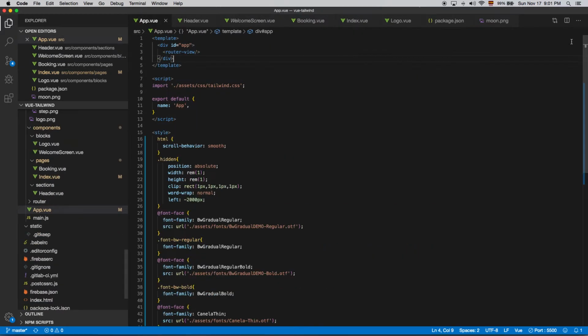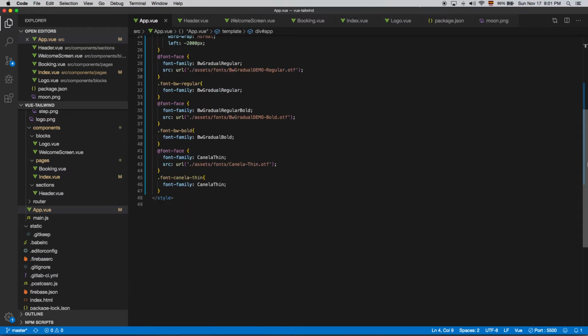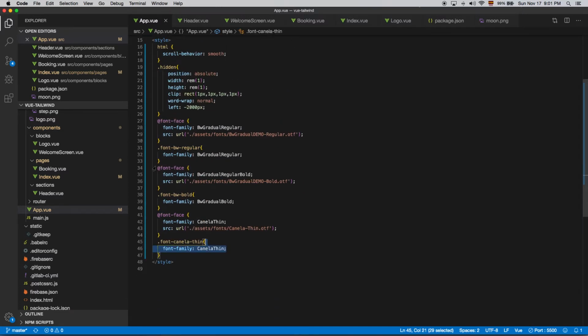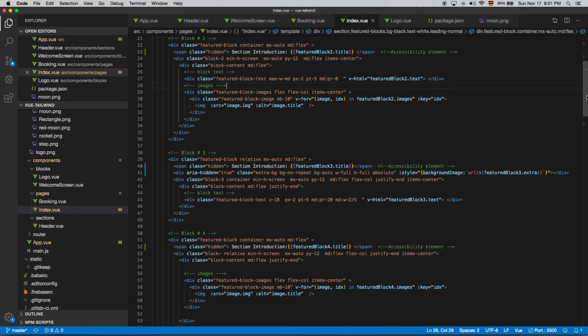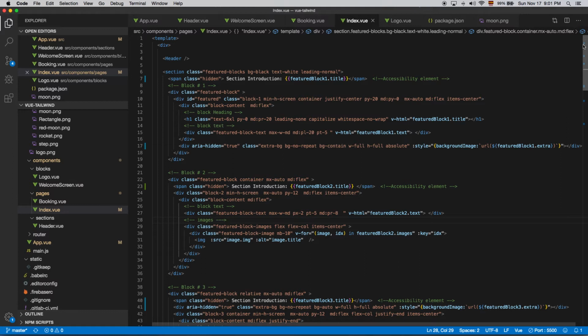We have the app with just a few general classes. And then we have the index, which is where the whole sections appear. So we have it divided by blocks, and then I have a little accessibility tag just to present the block that is coming with a section introduction, and then the title of the block, and then we present the rest of the